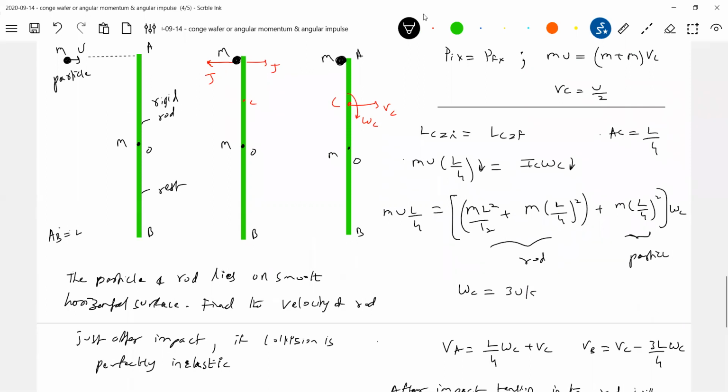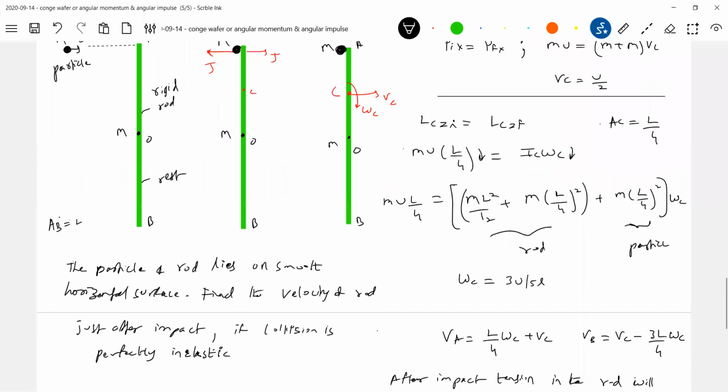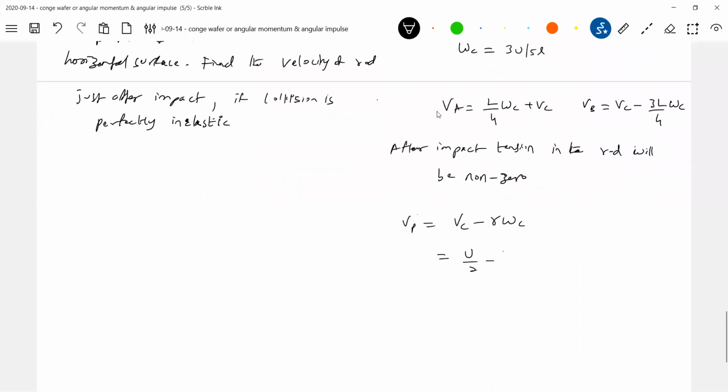Yeah. Then Vc is how much? Vc is U by 2. So 3U by 5L, this is R into